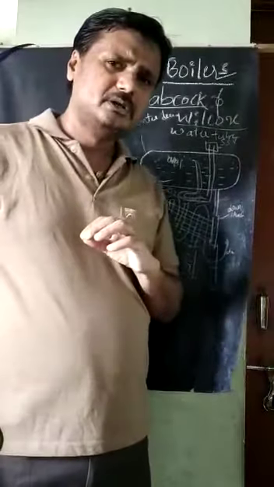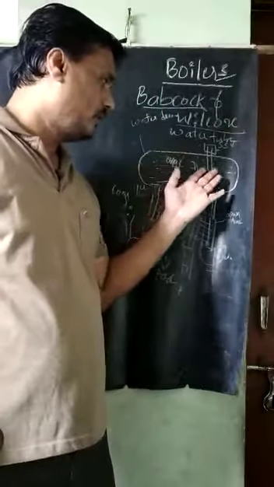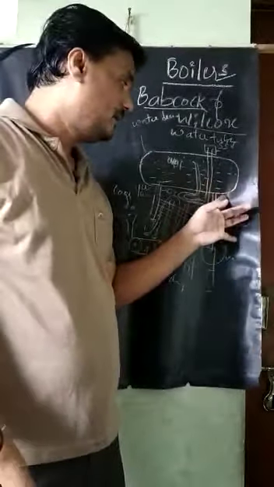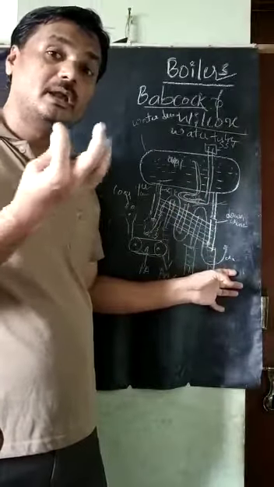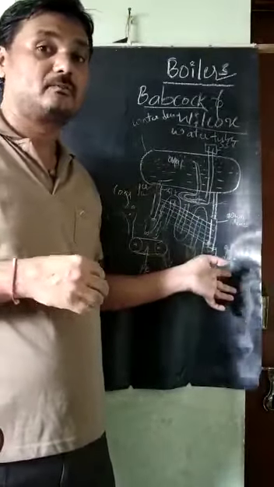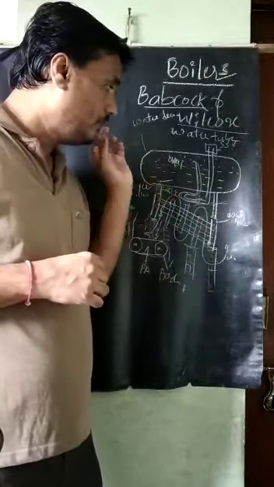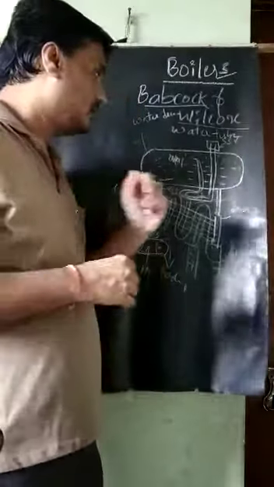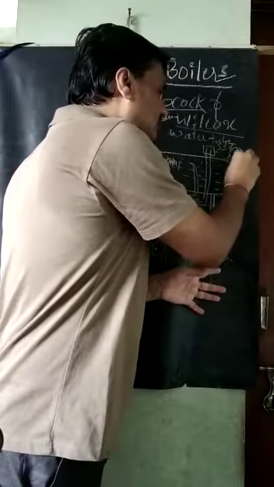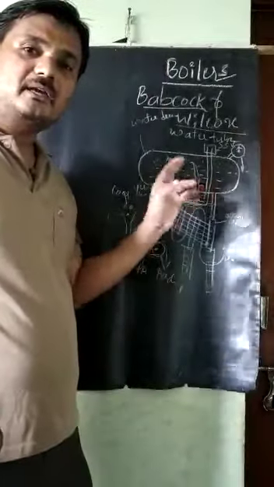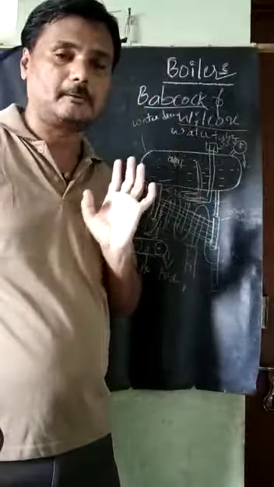And here some safety is required, because once the water level in the boiler, in the drum here, goes down, or somewhere leakages happen, definitely overheating will take place. The blasting of the furnace may take place here now. So therefore, we have to maintain a certain pressure for this drum. That's why continuously we have to observe the pressure. It is called the pressure gauge. The pressure gauge will measure the pressure of the drum or the pressure of the superheated steam.